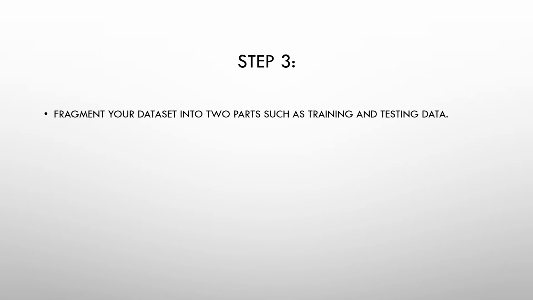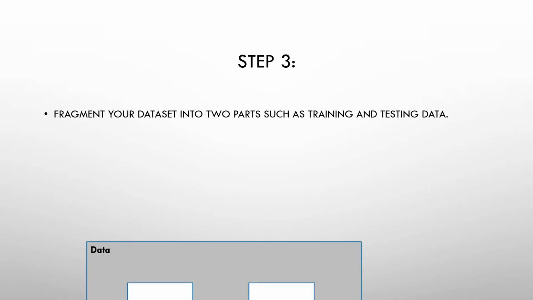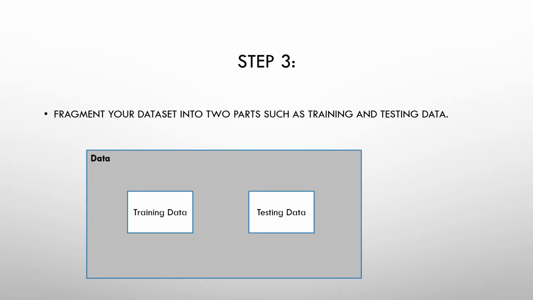For example, you have to remove the missing values, or else you have to impute those missing values. So after performing the pre-processing of your data set, then you can do the process of fragmentation. You can fragment your data set into the training data, and the next one is testing data. Training data means you will, for example, you can take